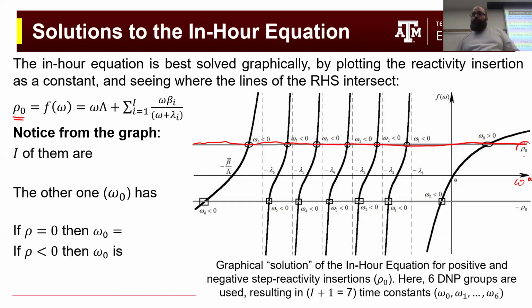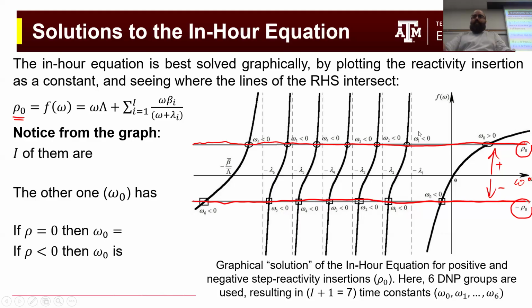And this corresponds to a rho zero that is positive because it's above the x-axis. And then this line would correspond to a rho zero that is negative because it is below the x-axis. Positive, negative. So if you notice from the graph, there are a bunch of places where the inverse hour equation crosses these